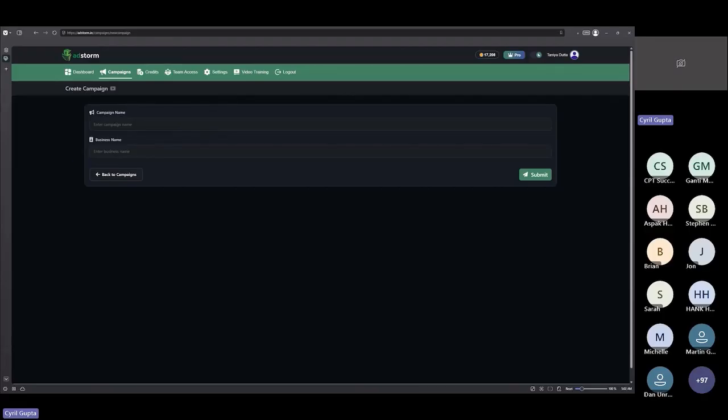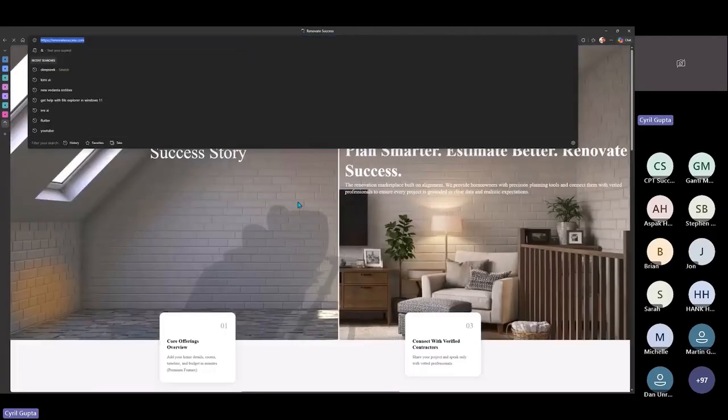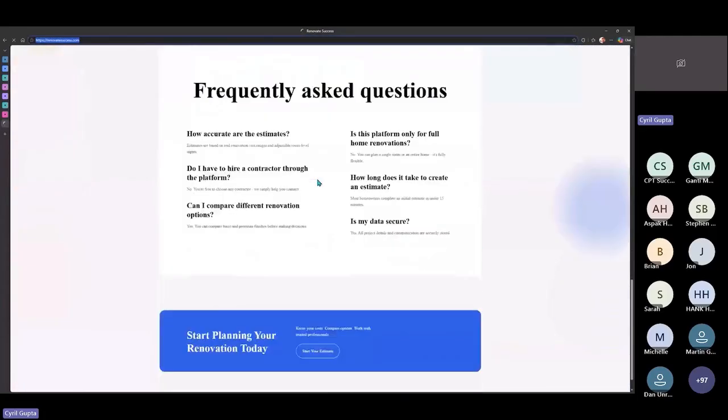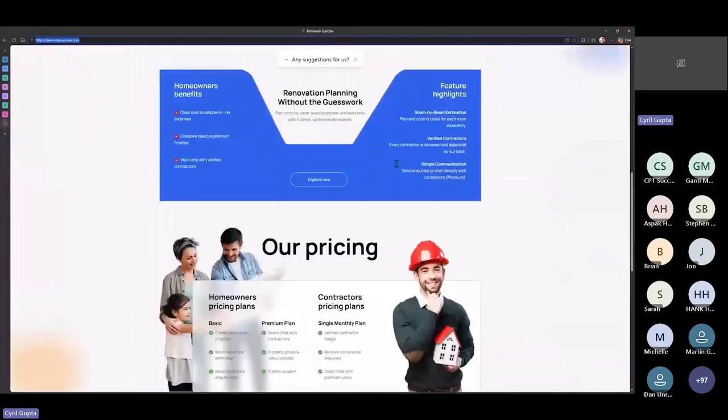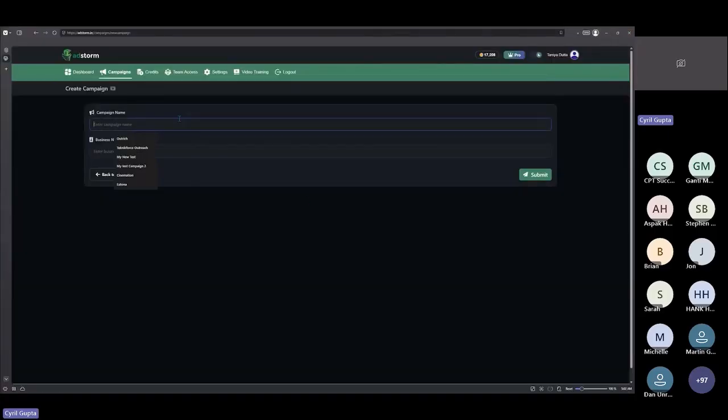If you got, okay, let me check this one. Renovate Success. I think Ken's recommended this. Ken has suggested this. Let's check it. Okay, I think this is pretty fine. It'll work for us. It's not got a lot of details, but I think it's enough for AI. So I'm going to take this. Renovate Success. We're taking a real example, guys, from the chat, from one of our people here. And I will call it, the business name is Renovate Success.